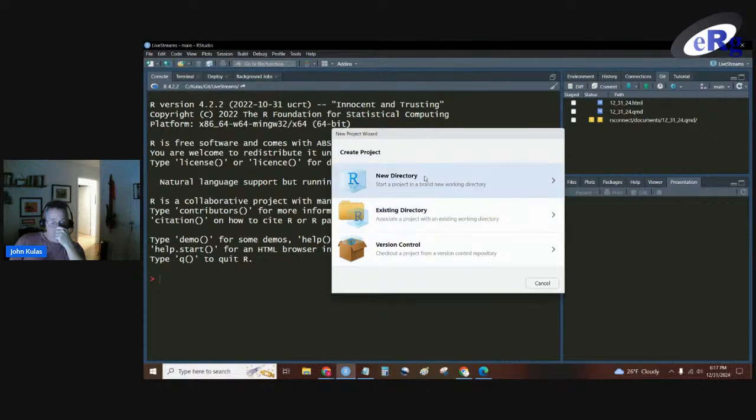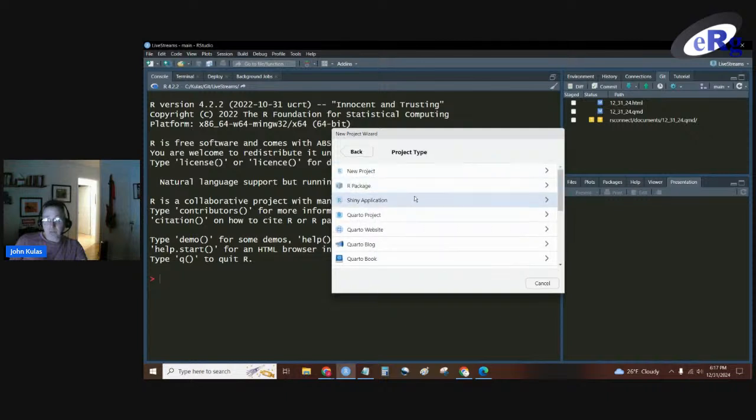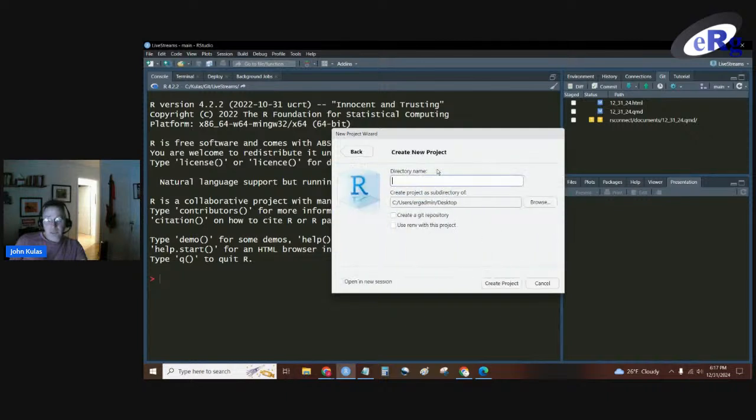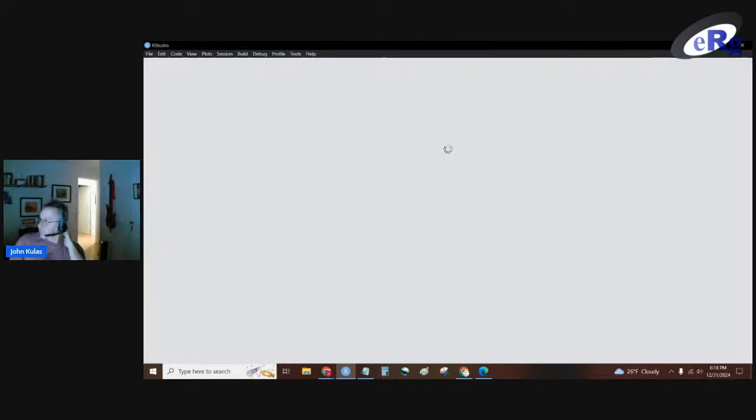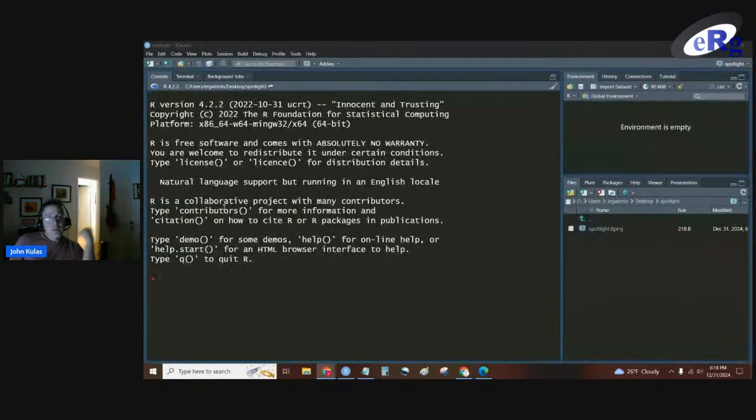I usually use GitHub, so I'm used to using this version control route when I'm creating a new project. But I think we'll go ahead and make a new directory, and that directory name, that's fine. I can just put it on my desktop. We'll call it Spotlight. And I don't need a Git repository for this. This is just going to be something that we do probably this week and then forget about it. So there we go. Now I have Spotlight,